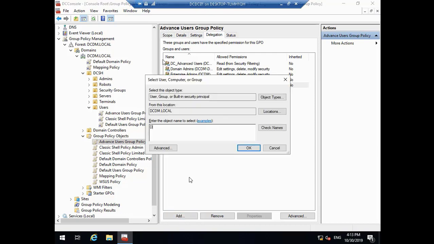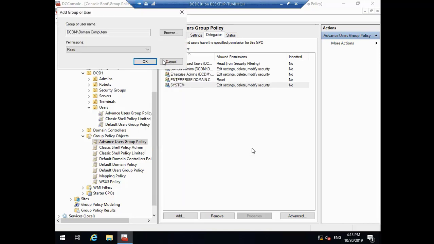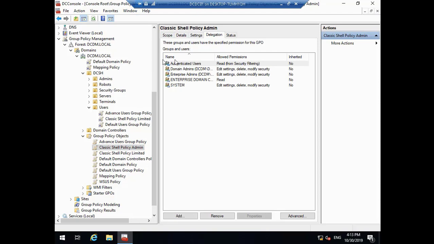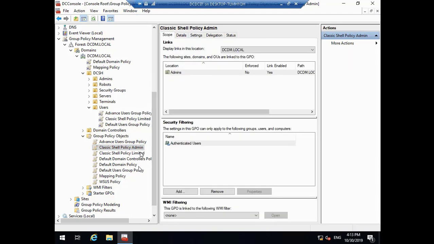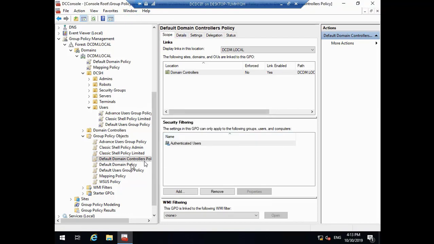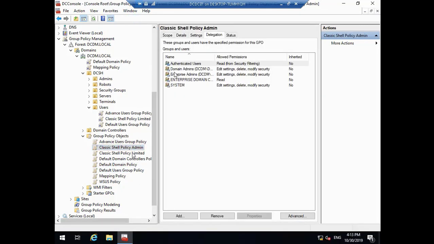Then we will add the domain computers. Read, and then we will do the same for the default user group policy. So if someone can tell me for the limited, here we have the limited, okay, we can see in the